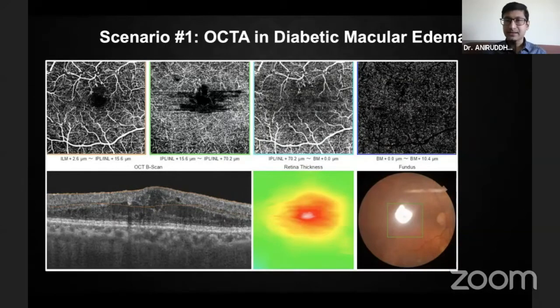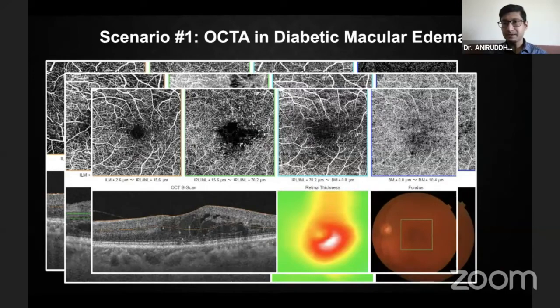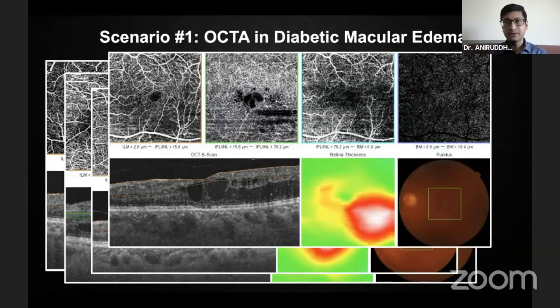You also realize that you hardly are able to see any microaneurysms on the superficial or deep capillary plexus. This makes it extremely challenging and difficult to monitor these patients in terms of the leakage, as you can do on fluorescein angiography, and to treat them further. Case after case, you realize that there are flow deficit areas when none exist, and this goes on in all patients of DME. So in patients of DME, OCT angiography as of now has a limited role in the management in our clinics. Definitely, there are studies on segmentation in which you can look at the segmentation slabs and correct and look at the vascular densities.